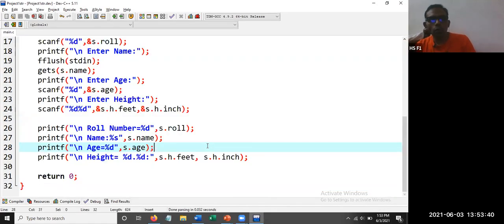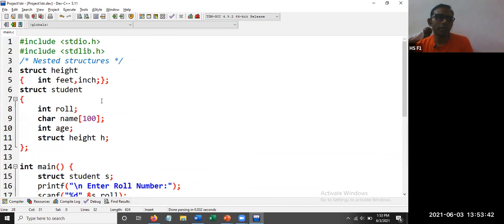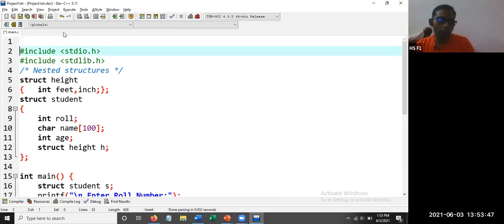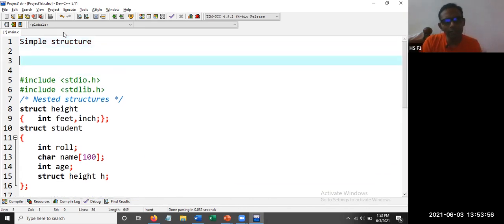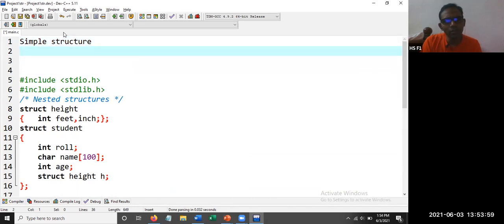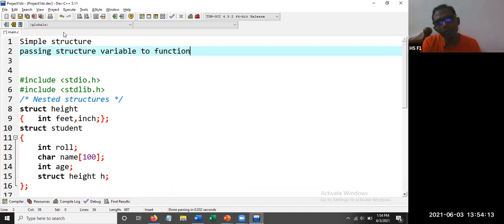Now, so far what we have seen is a simple structure program. Then what else we have seen? We have seen passing structure variable to function.